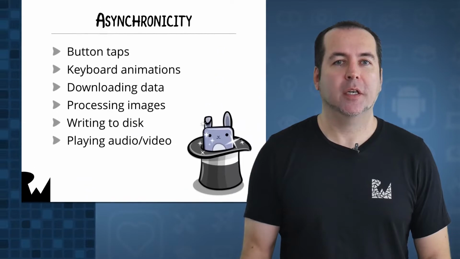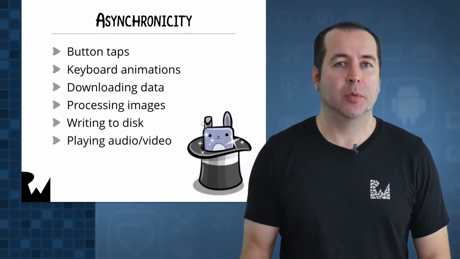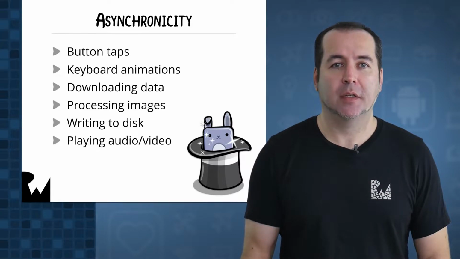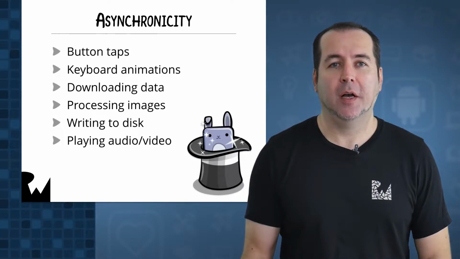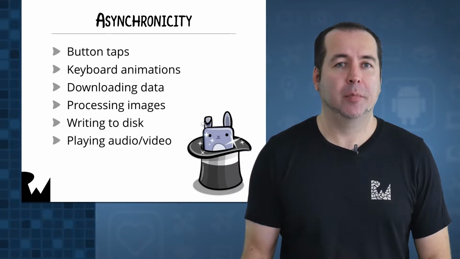As an Android developer, you're no stranger to writing asynchronous and concurrent code in order to keep your app snappy and responsive, and your users happy. We're talking about handling things like reacting to button taps and when the keyboard will be shown or hidden, downloading data, processing images such as to apply filters or do resizing and cropping, saving data to disk, and playing audio and video media. Some might say pulling it all off correctly might feel a bit like pulling a rabbit out